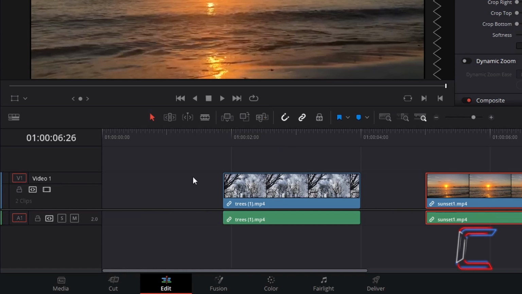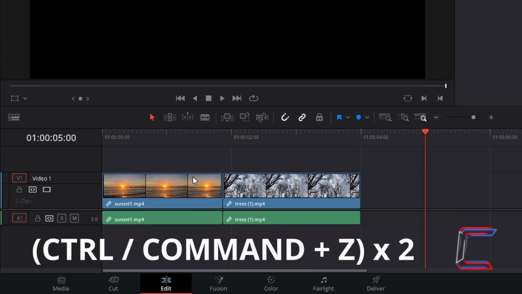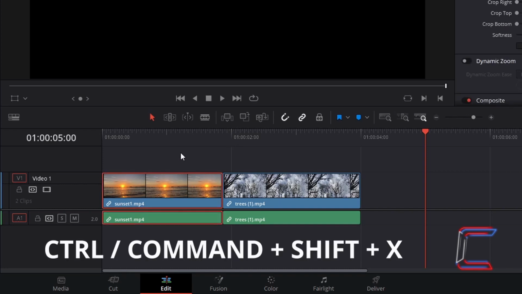What if we want the media content in the later stages of the edit timeline to shift to the left to fill out the empty spaces left behind by the cut media clip? I will undo the movement process of the sunset clip by holding in Ctrl and pressing Z twice. Select the media file that you wish to cut, and this time hold Ctrl and press Shift and X to